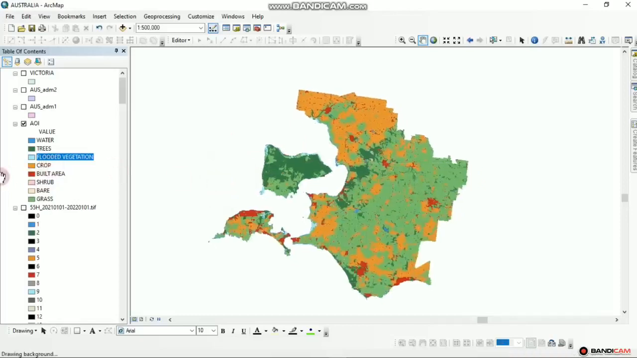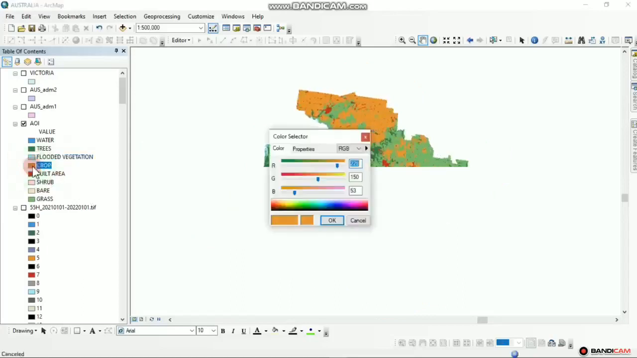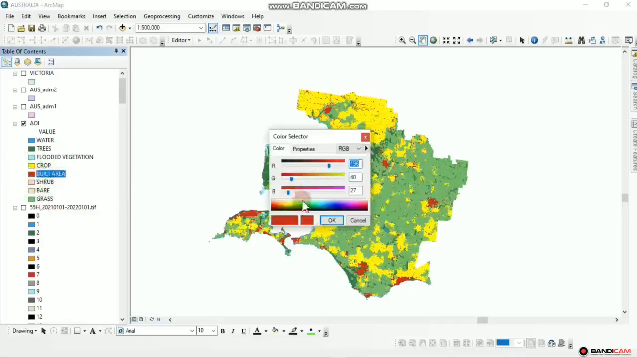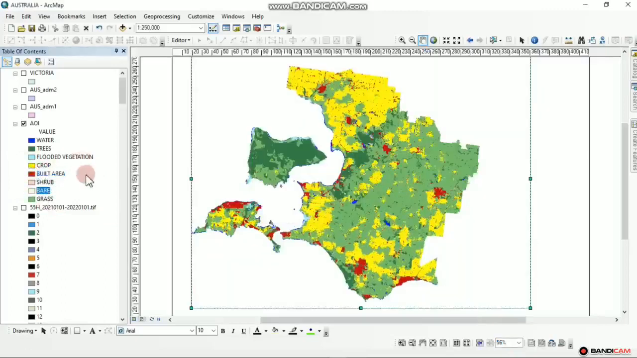in a nutshell, what I want to do is, to make this map look outstanding, you can actually do some changes. The yellow, maybe let's take it to the more pronounced yellow. I think this will do. Then for our built up, let's take it to something more